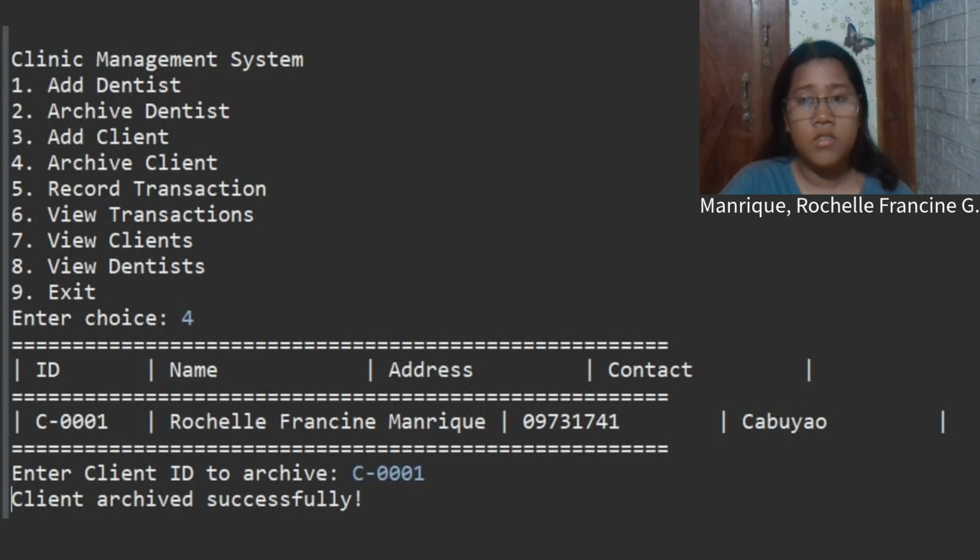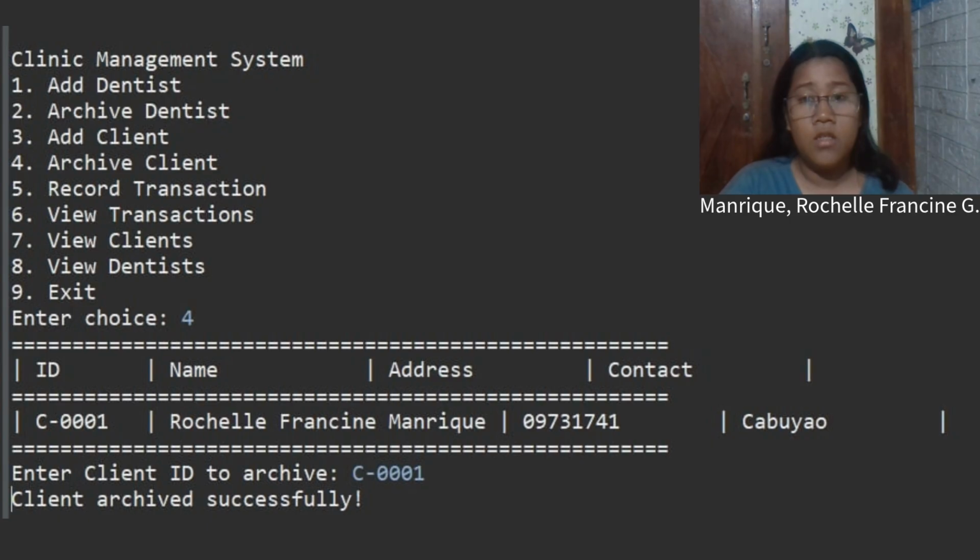The user selects number 4 for archive client, after which the system displays the list of current clients. The user then inputs the client ID C001 to be archived. Once the ID is entered, the system confirms the action by displaying client archived successfully.